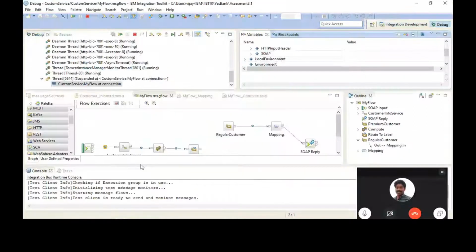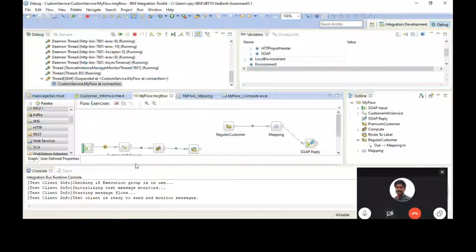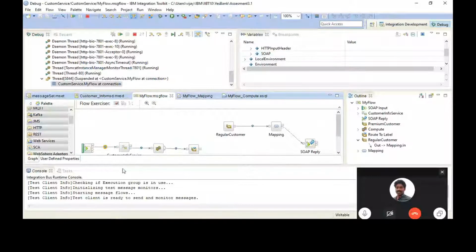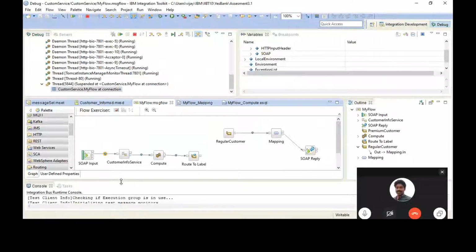So what do you see in the message structure? The SOAP body, the message domain here. It says SOAP, right? In the debug mode.